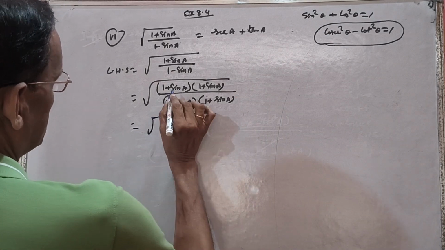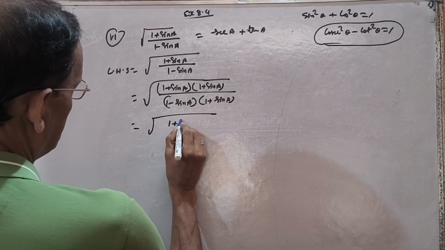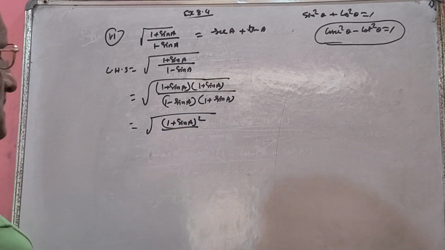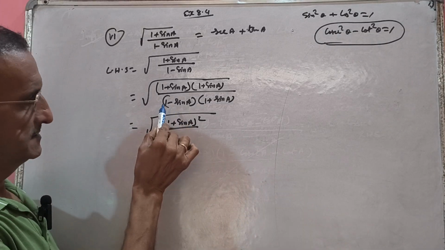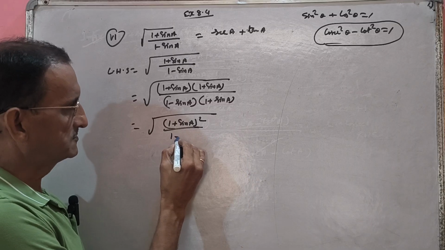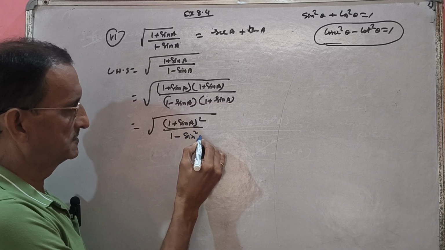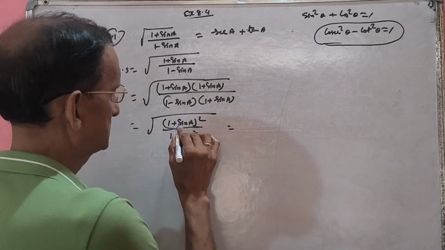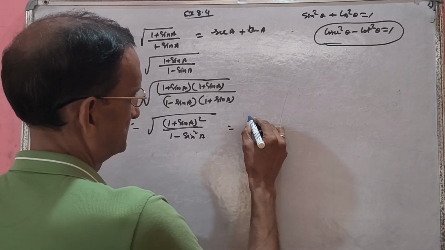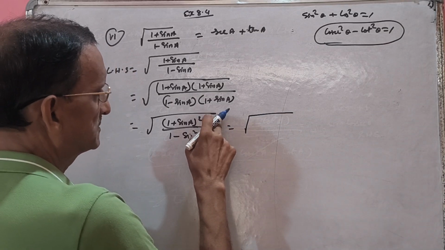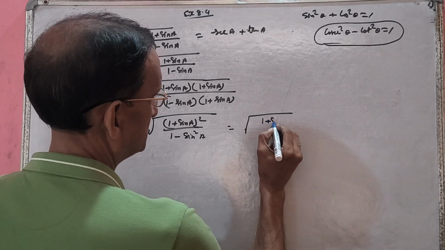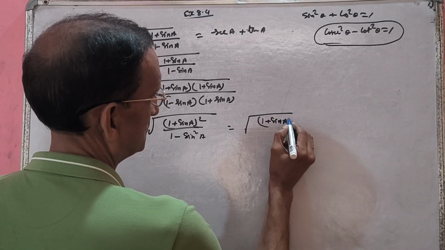So what we get here? Same thing 2 times. So (1 plus sin A) whole square. And (1 minus sin A) into (1 plus sin A), what is here? It is in the form of (A minus B) into (A plus B). What is the formula? A square minus B square. Okay. Now, don't split the formula. You break the formula, you will get different thing. Because we are trying to remove the root sign. So, it is already a square, so very easily removed. So, leave it. (1 plus sin A) whole square.